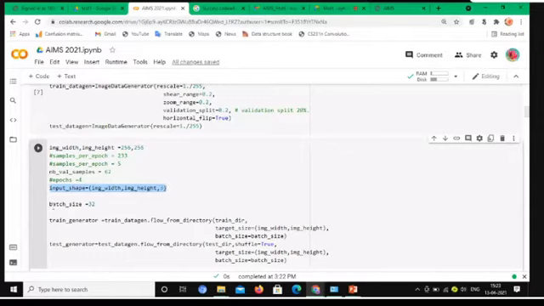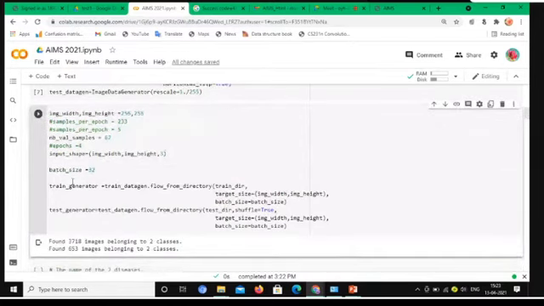Batch size is how many images are taken in each batch. If I give a batch size of 64, the data will be split into batches of 64.